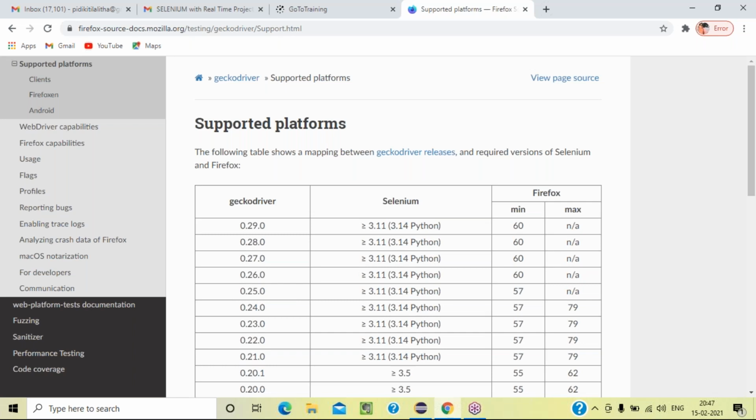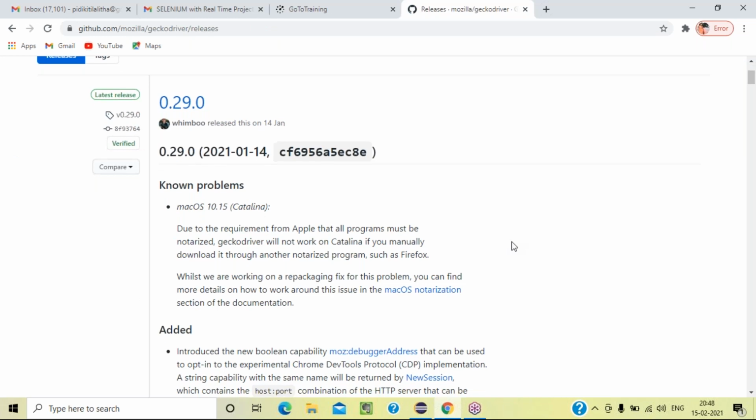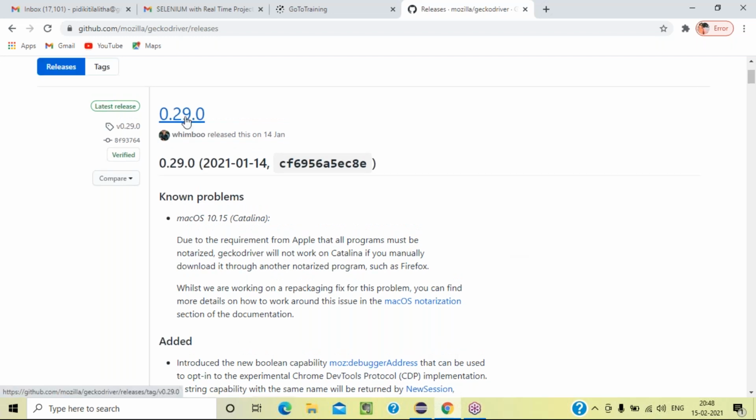Gecko driver releases at the top. You will see it. Click that link button. Very easy, guys. First one. Okay, 0.29.0. Sometimes they will ask or test you on what version of Gecko driver you are using. So you should always remember the version names and version numbers before you go for an interview. They will ask you which version you are currently using for your testing. Real-time people always use it, so they always remember the version numbers. You should also remember the version numbers. From now onwards, whatever you are downloading, please remember the version numbers.